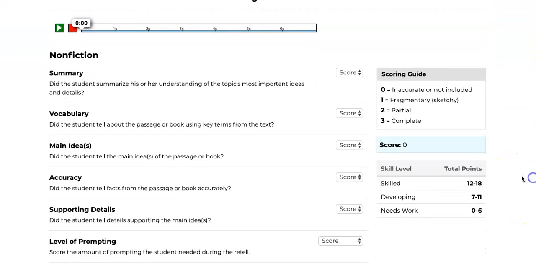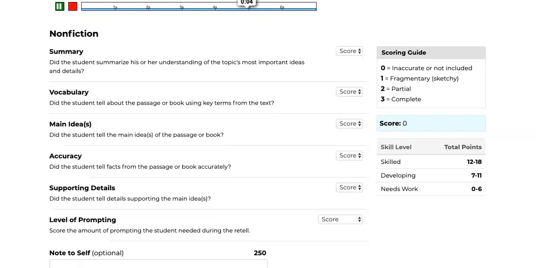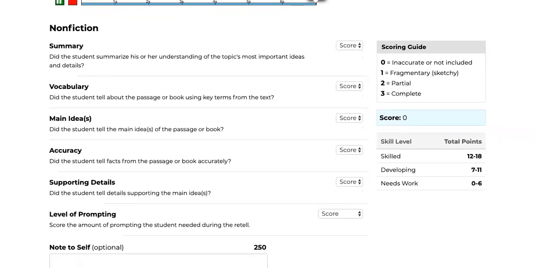And then the book was all about fruit. There were oranges and apples, etc., etc. And then, so summary, did they summarize the idea? Yep, I said it was all about fruit. Vocabulary,